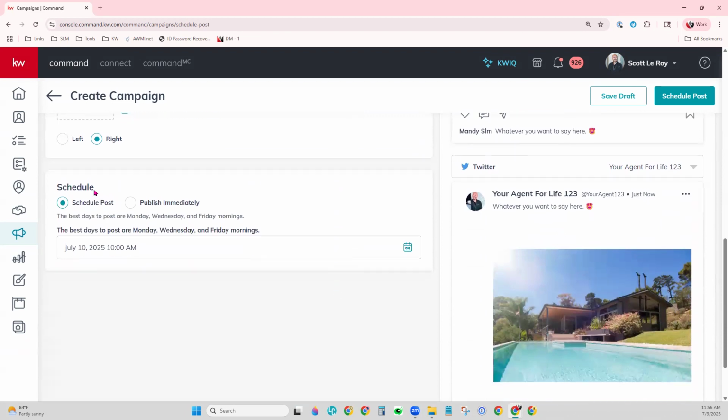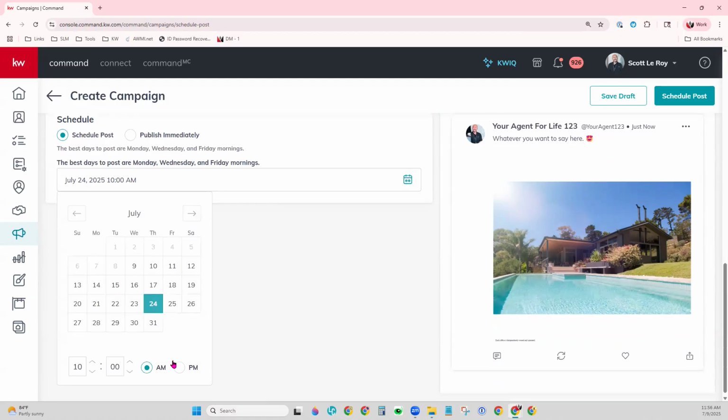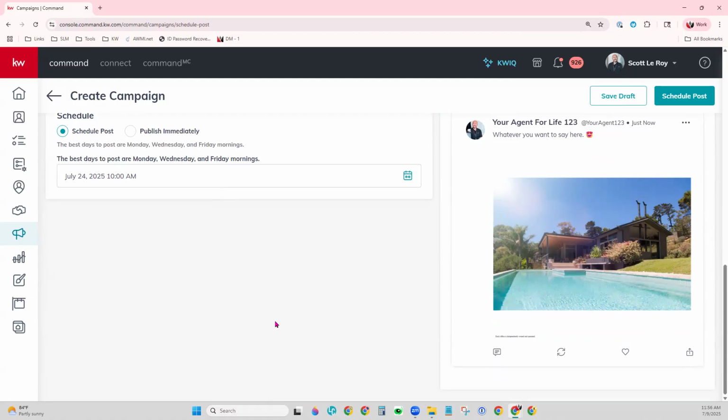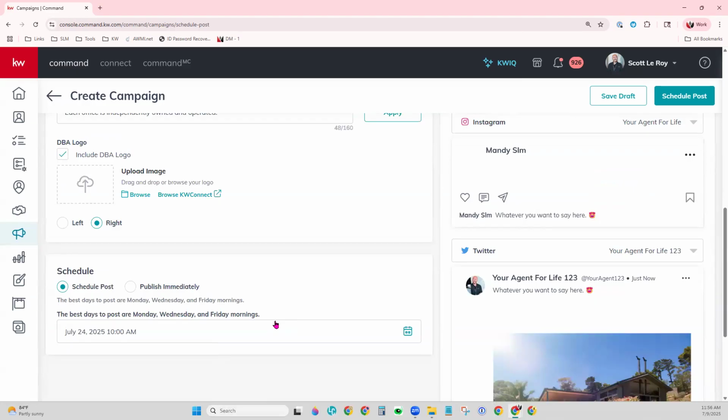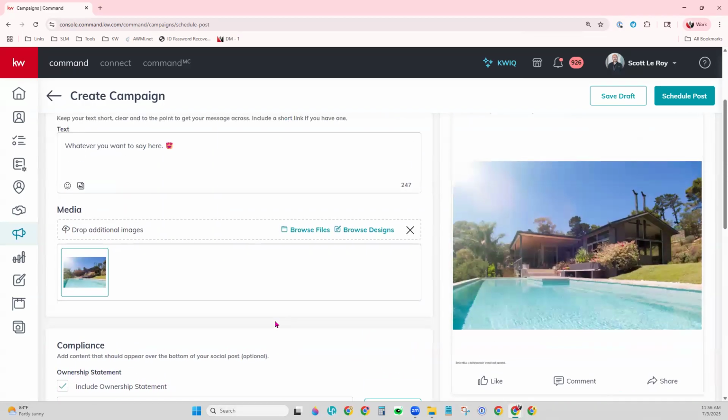And then down at the bottom, you just schedule that post. You can choose a day on the calendar, or you can publish immediately if you would like. By the way, you can do date and time down here at the bottom. Okay. KW recommends Monday, Wednesday, Friday for posts. There's so many sources with so many